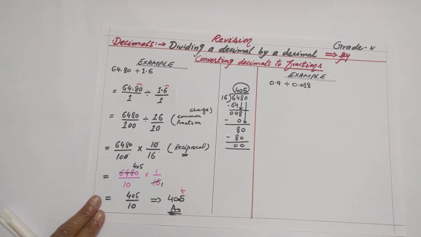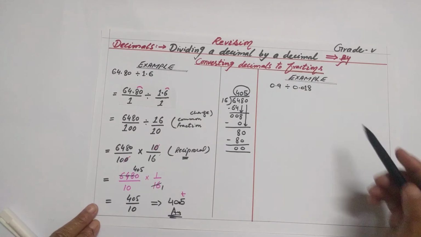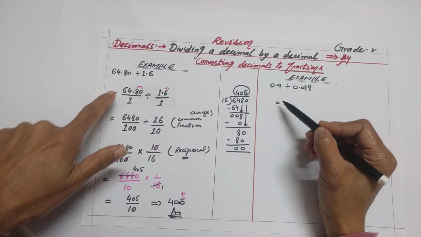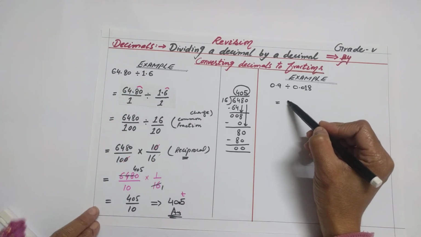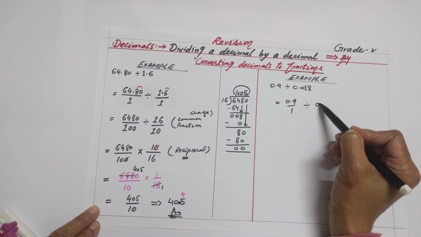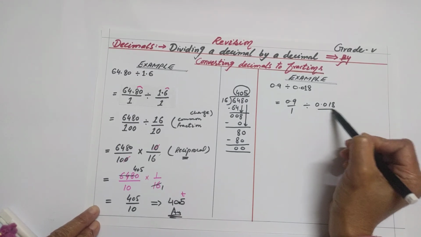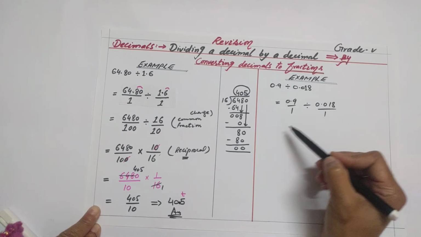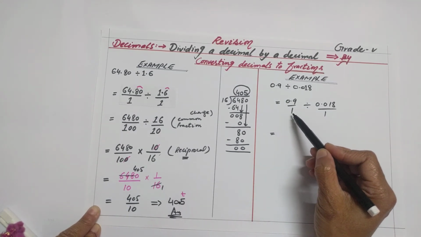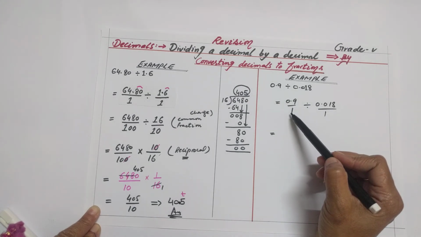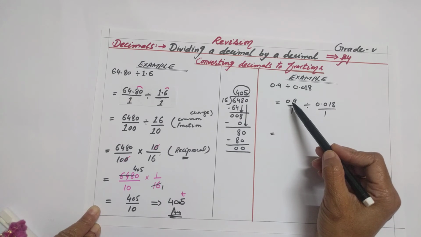Second example is 0.9 divided by 0.018. So firstly we will write it in the form of fraction by using the same method. 0.9 by 1 divided by 0.018 by 1. Now both decimals are in the form of fraction. Why am I putting 1? Because by using 1 our decimals are in the form of fraction, and 1 is also not affecting the value